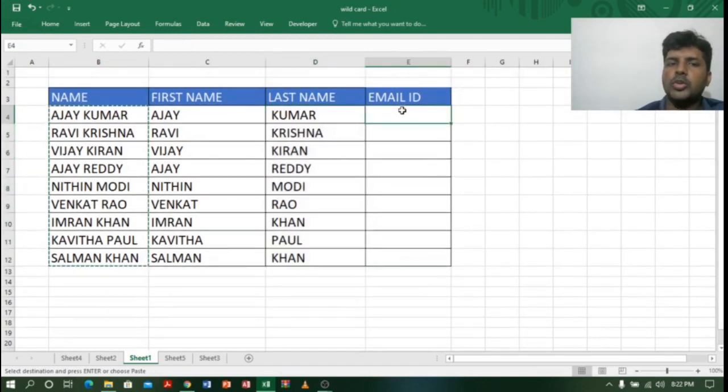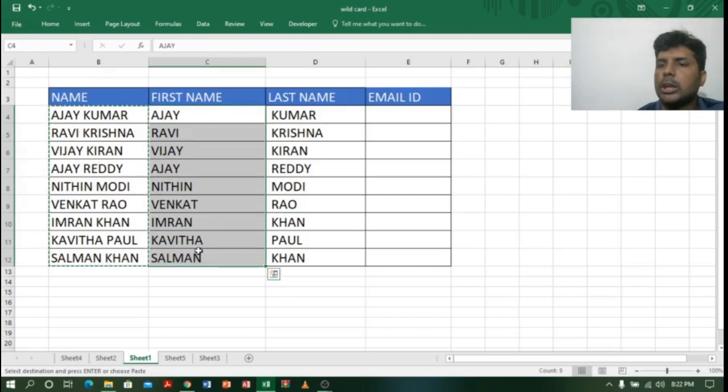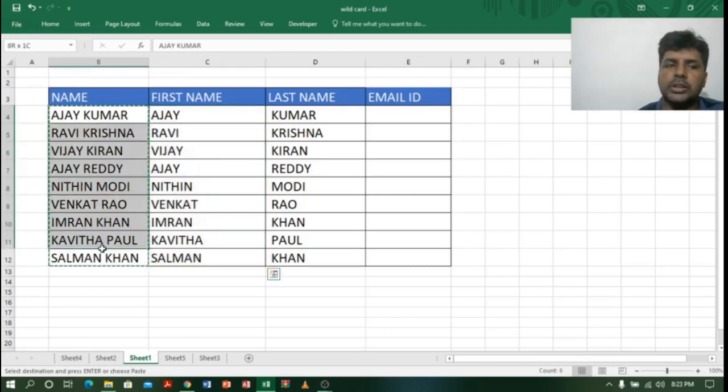Now, for example, I want to give email IDs to my employees. I want to take the first name and create the email IDs. So how can I do it? Again using wildcard. Let us see. I'll copy this one and paste here.